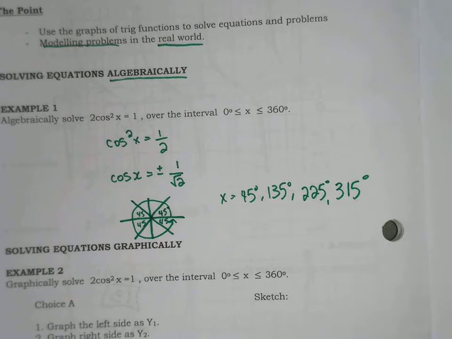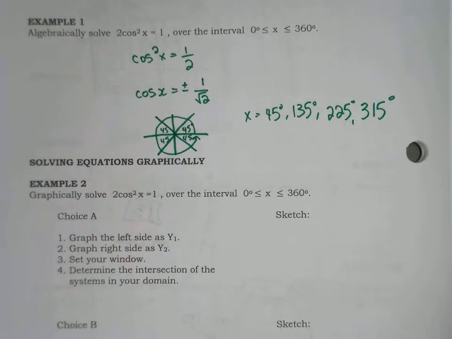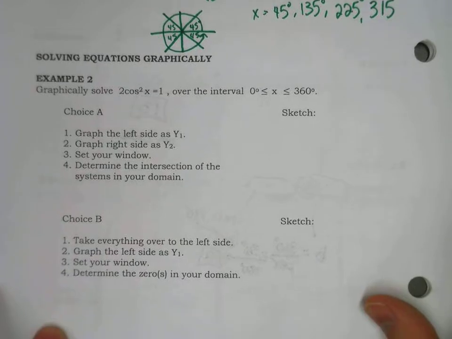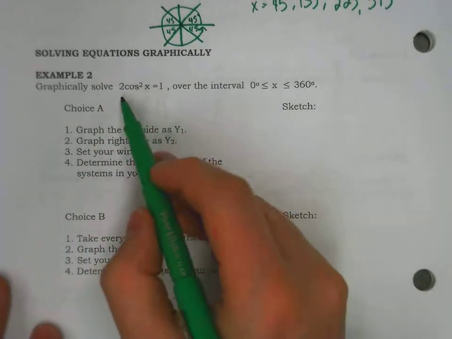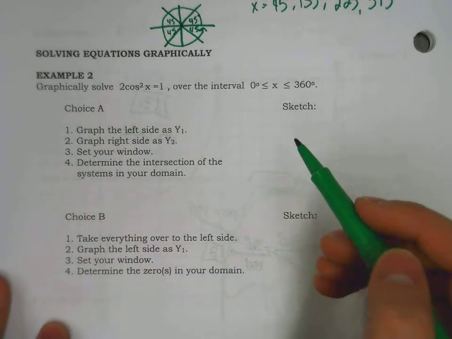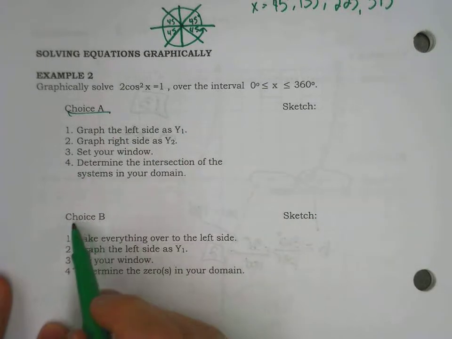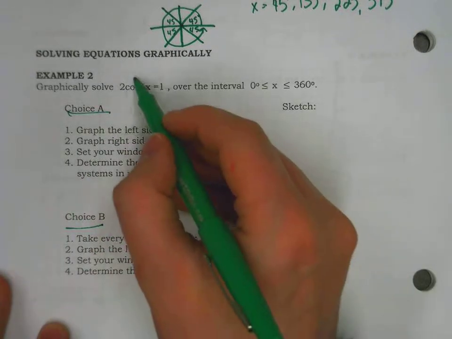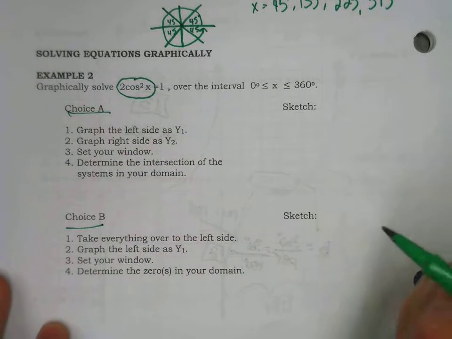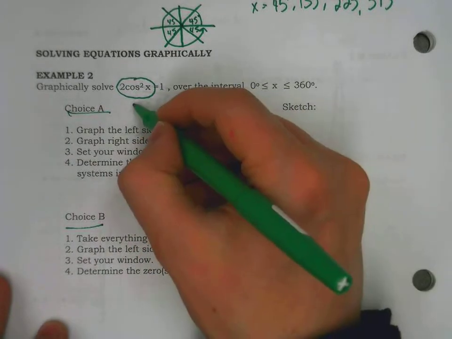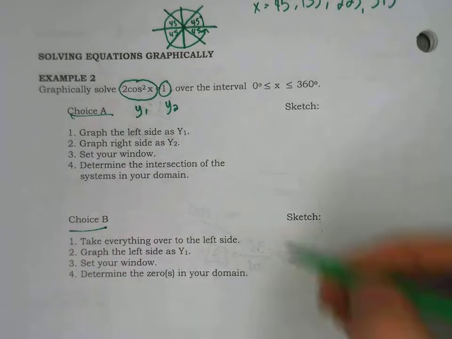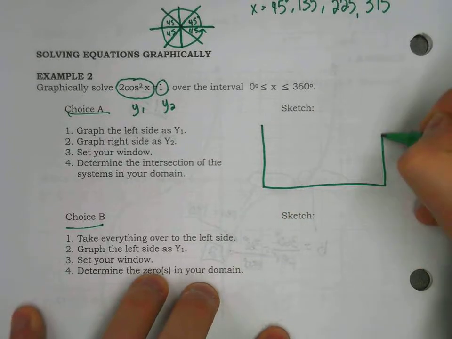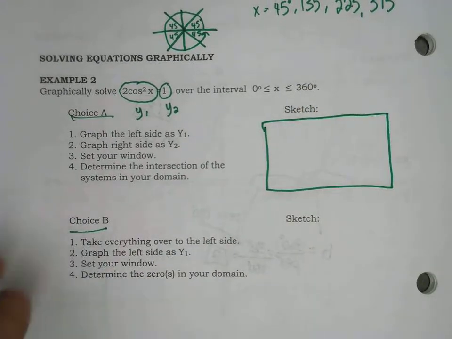Now, if we were solving this graphically, it might seem strange because we can do this algebraically, but not everything is going to be convenient, but let's start out with a comfortable approach. When we're graphically solving 2 cos squared equals 1, we can really approach this in 2 different ways. What we can do, and we've done this before in previous grades, starting in chapter 10, is graph the left side as y1 and the right side as y2. We're going to graph this as a system. So in our calculators, we're going to be saying 2 cos squared of x,